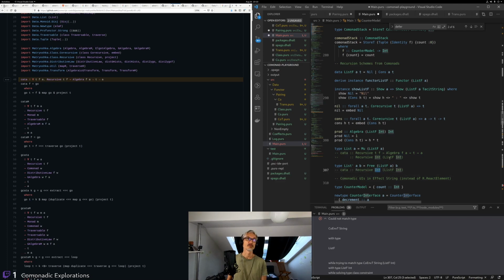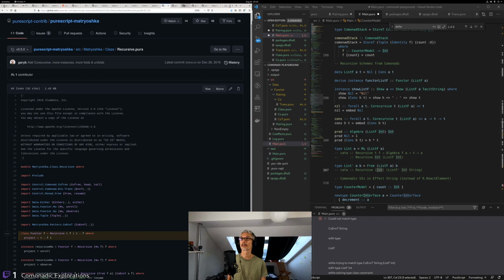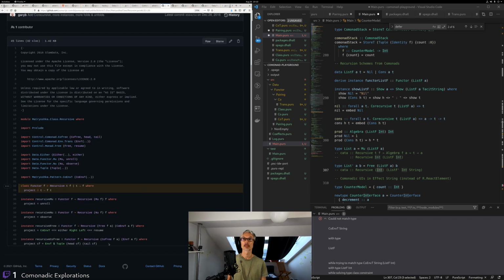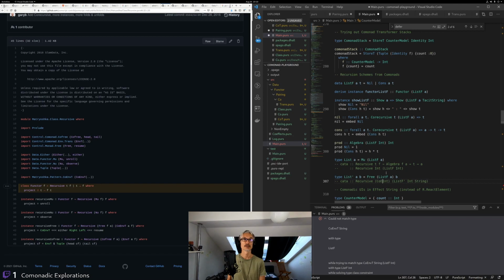Then what we're aiming to go towards with our prime here, and an int string in addition to that, is we need the recursive instance of coenv a, so coenv string,